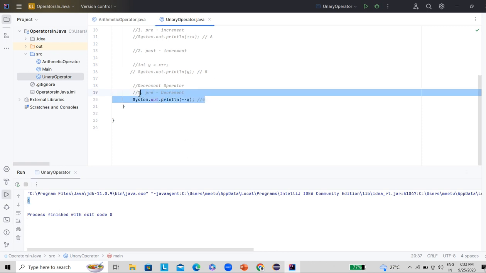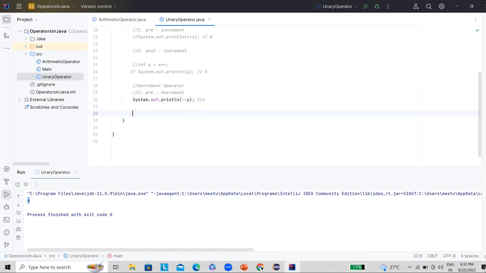Similar to post increment, there is also a type of decrement operator called post decrement. That is how we can write it, in a similar way: first the operand and then the operator. What would the value be here? Any guess? Yeah, it will be 5 only. Why?